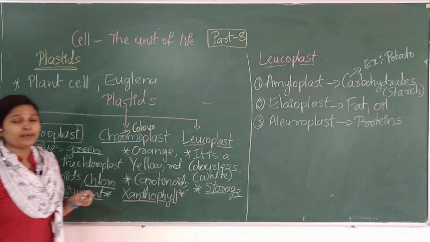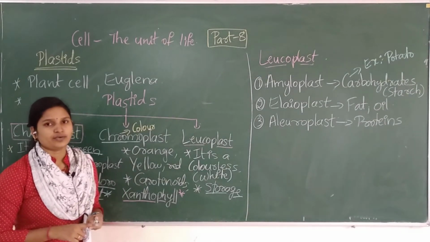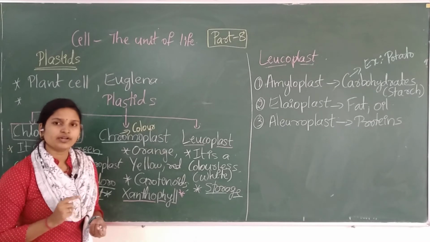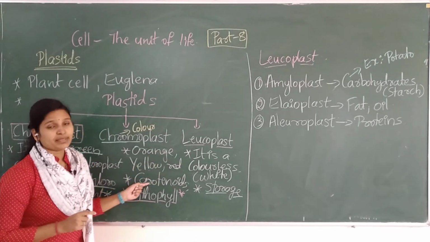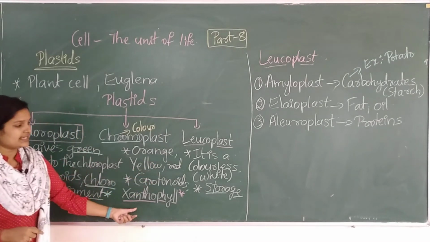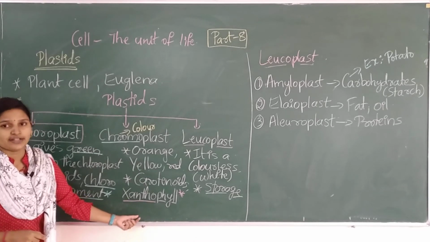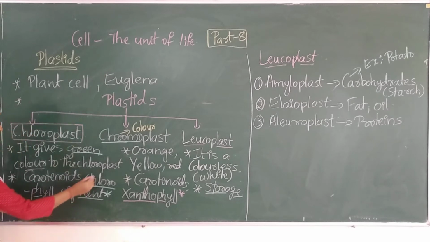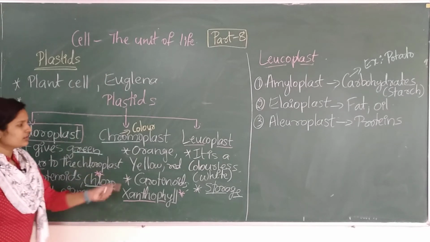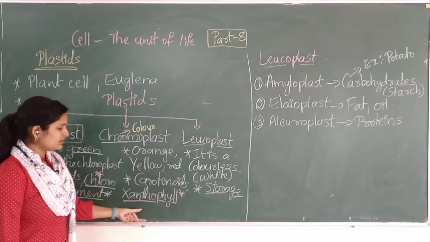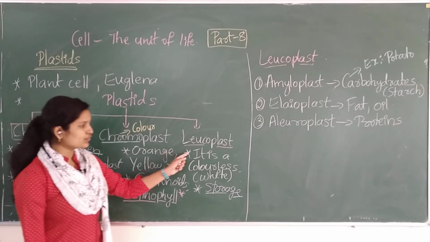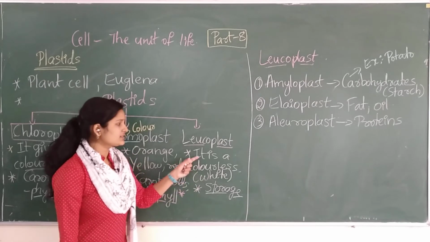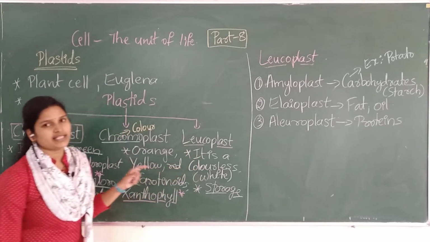Next one is chromoplast. Chromo means color. The plant parts having red, green or yellow pattern are mainly because of the presence of carotenes and xanthophyll pigments. Remember these names, it's very important. So chromoplasts have these pigments, but leucoplasts are the colorless pigments or cells which are present in the plants.